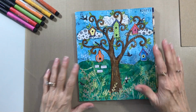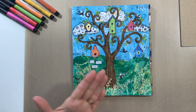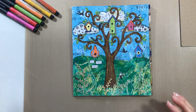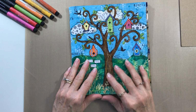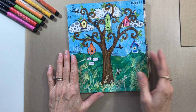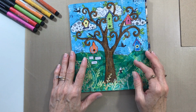Hi everyone. Today I'm going to work on my Morsel Mash-up challenge number 2. But before I get started on that, I wanted to show you this little journal that I'm working in. I mentioned last month when I did this page that I would be showing this journal pretty soon,